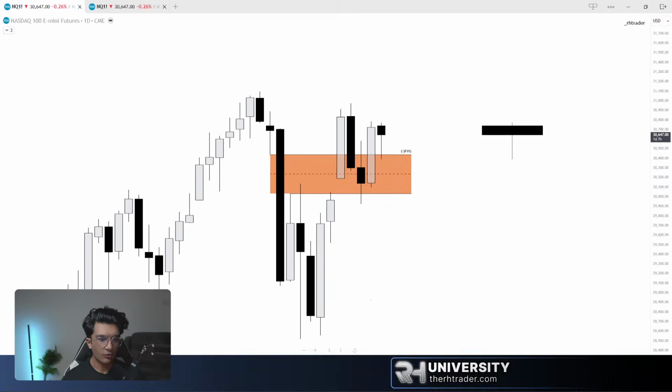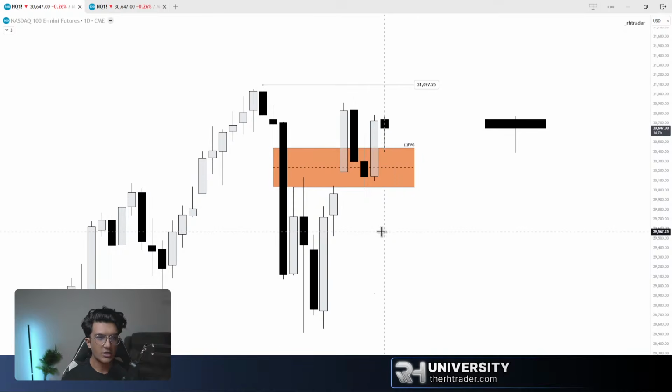And what is my draw for Nasdaq? Quite simply put, this high, right? So I believe that Nasdaq is going to make new all-time highs, and the reasoning for that is quite simple. We have a nice displacement here. You see 1, 2, 3 candles right there, bullish fair value gap formed. We have a nice volume imbalance. This is your volume imbalance right there. Price has tapped into it and has shown willingness that it wants to push higher.